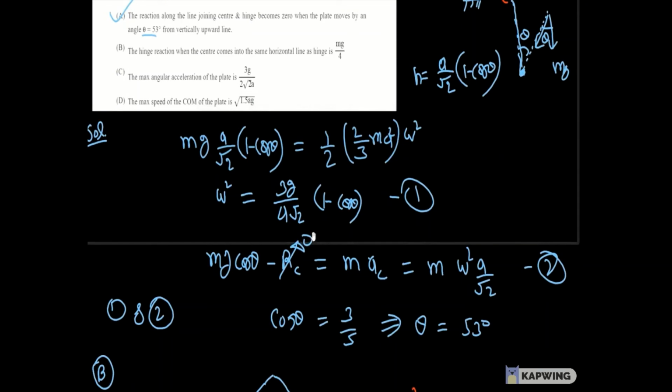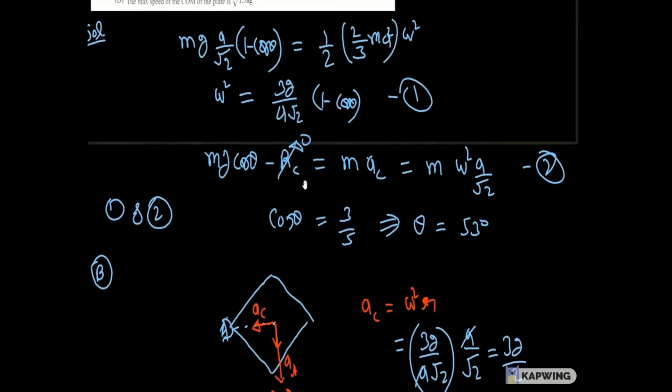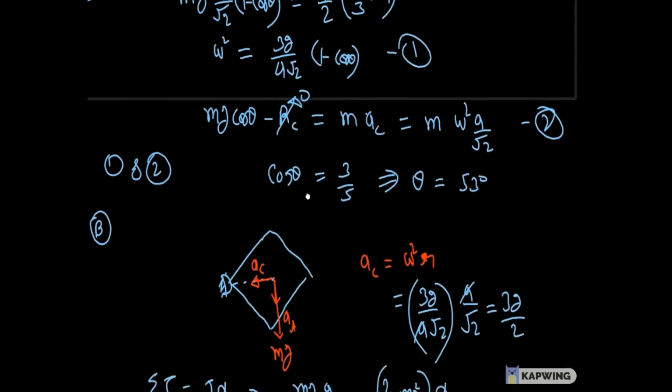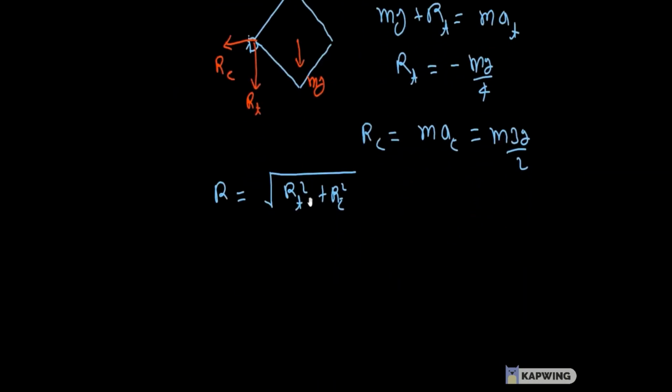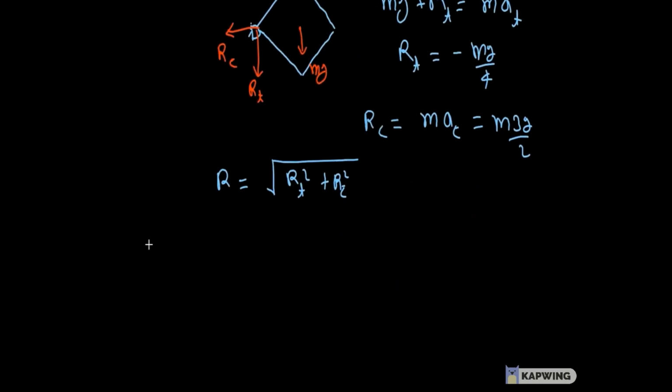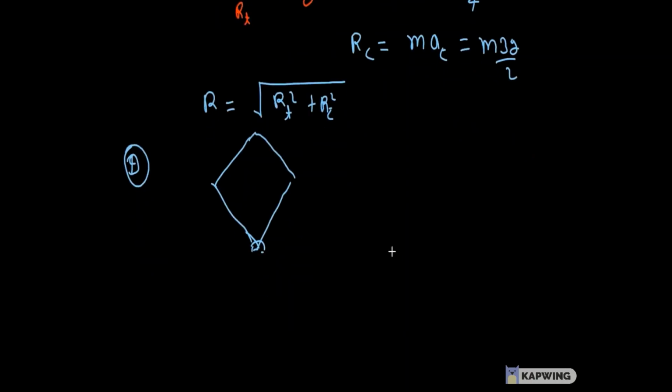And option D, maximum speed of center of mass of plate. So dear students, for that, maximum speed will be when there will be maximum angular speed, and that will be when work of gravity is maximum. And work of gravity will be maximum when the center of mass comes directly below the initial position. I mean, the plate has rotated by an angle of 180 degrees. Initially the plate was in this position, and finally when the plate comes in this position, it has rotated by 180 degrees.